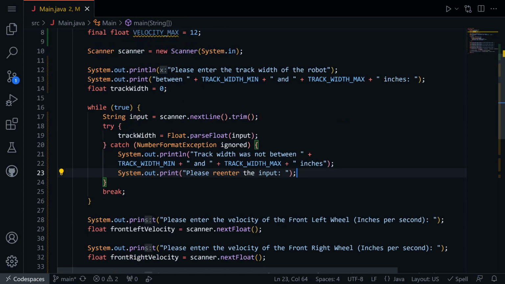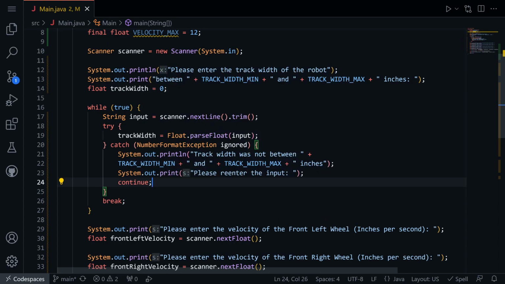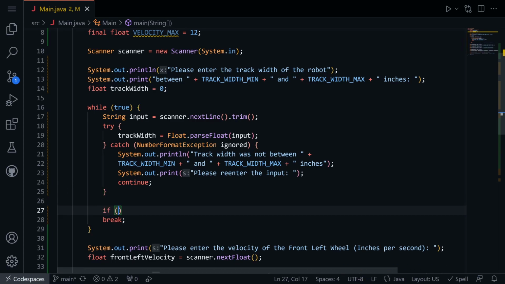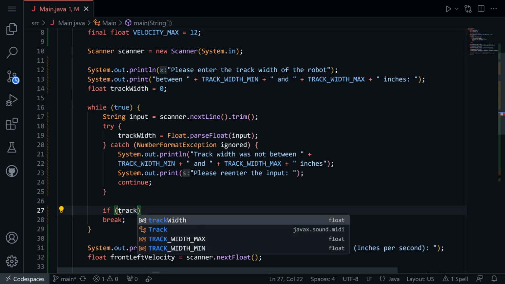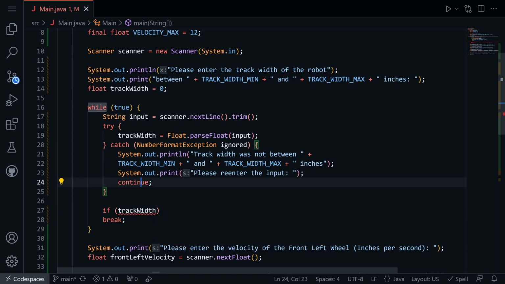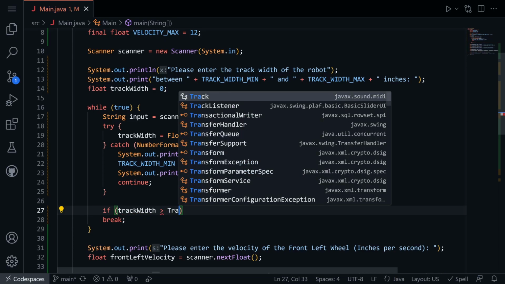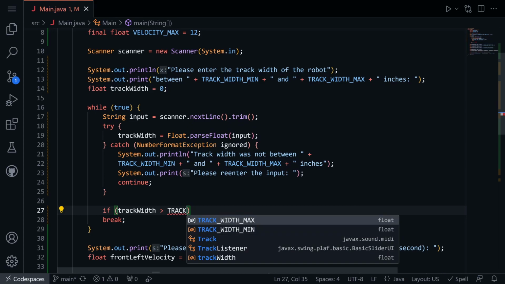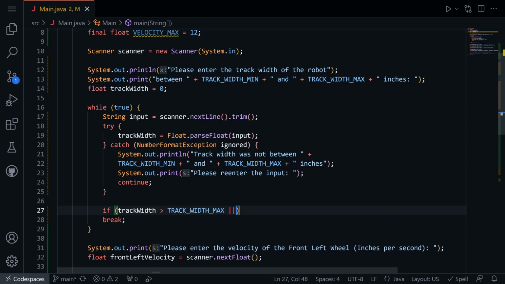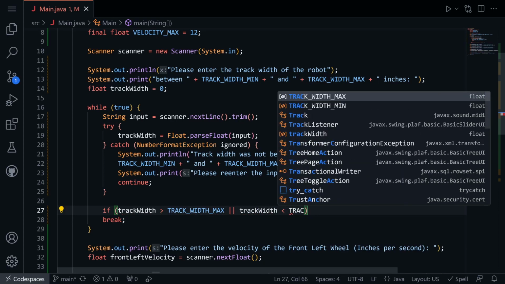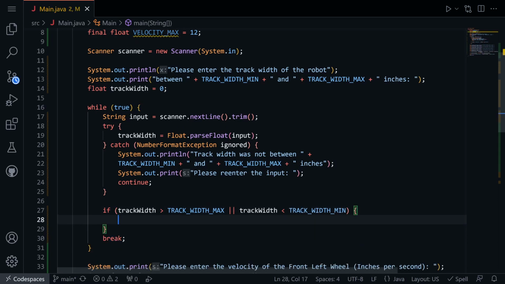Perfect. And after this, we're going to need to continue. So that's going to go back and redo this. Lastly, we're going to need to do our bounds check. So we're going to say if track width, because if you remember this catch, it's going to continue. So this is not going to be evaluated, even though it's 0 right here. This continue is going to cause it to go back up to the beginning and try again. So if track width is greater than track width max, or track width is less than track width min, just like that,